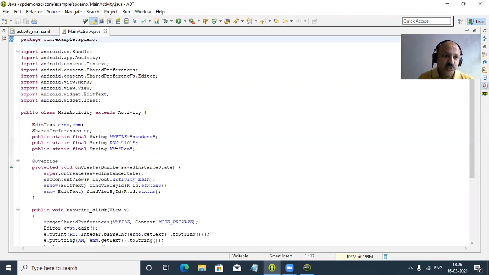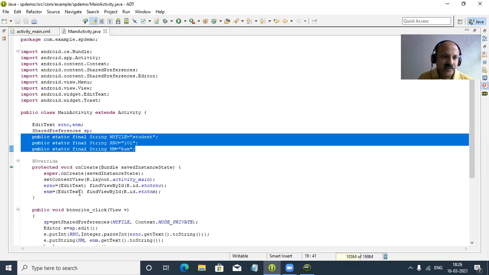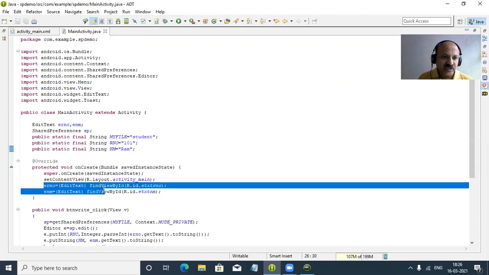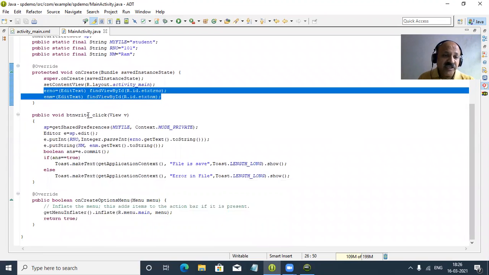and take the first two reference, EditText, and SharedPreferences variable, and three key value file names, and two override fields. First, in the onCreate method, we can take the id from the R.java file, get the permission, and on button click event we can use getSharedPreferences, that is a Context wrapper class, and two arguments. So first is our file name and second is a mode.